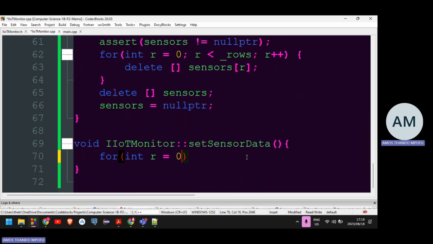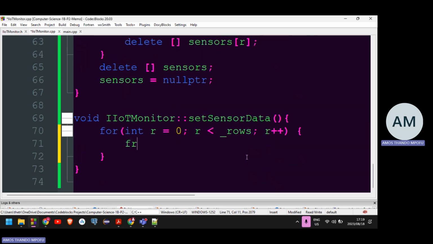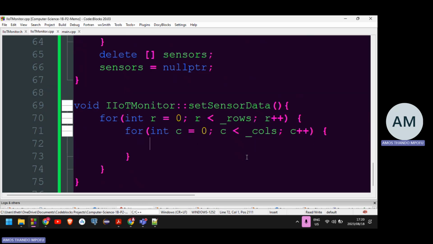So int r equals 0, r less than underscore rows, r plus plus. And then I'm going to do this for int c equals 0, c less than underscore cols, c plus plus. And then now let's generate the random values, right? So I'm going to say sensors, that specific coordinate, row and column. Okay, I'll change that later. So dot